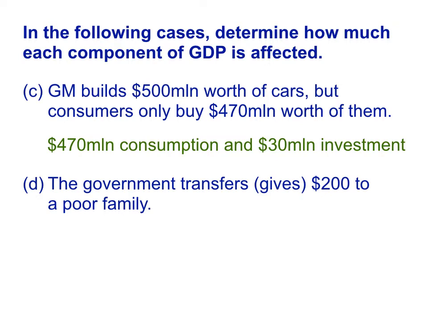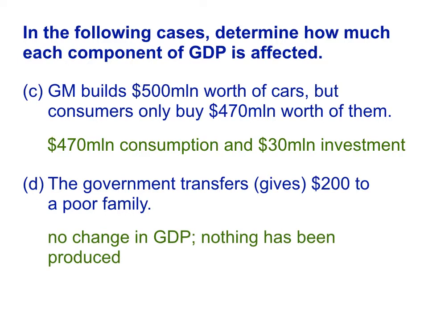The government transfers $200 to a poor family. In this case, there is no change in GDP because nothing has been produced. So in order for something to count as GDP, there must be an exchange of money for a good. So when we pay our taxes, that is not going to count towards GDP because we are just transferring money to the government. And when the government transfers money or gives money out for different programs to different levels of government as well as different